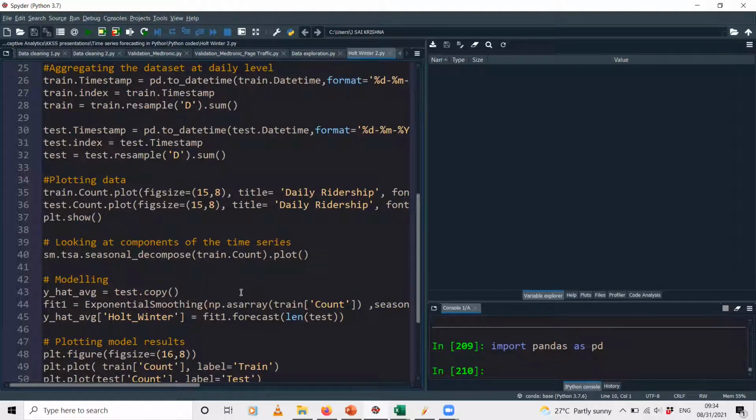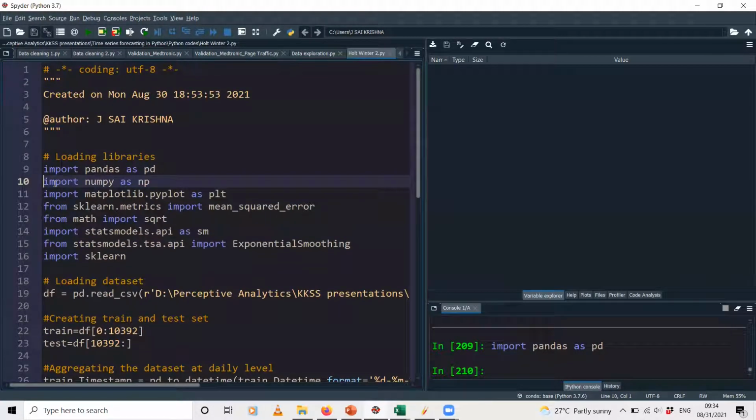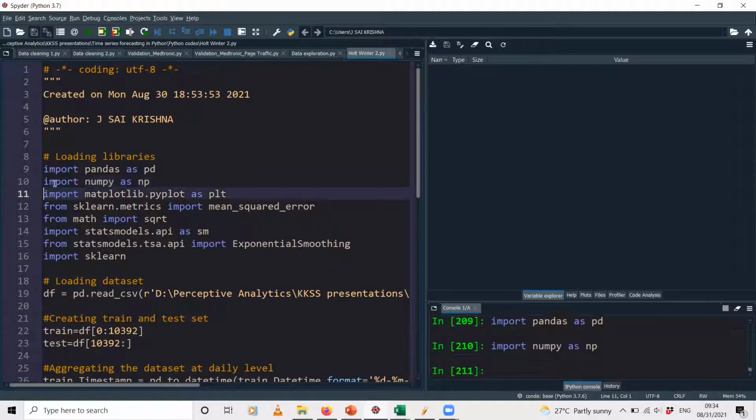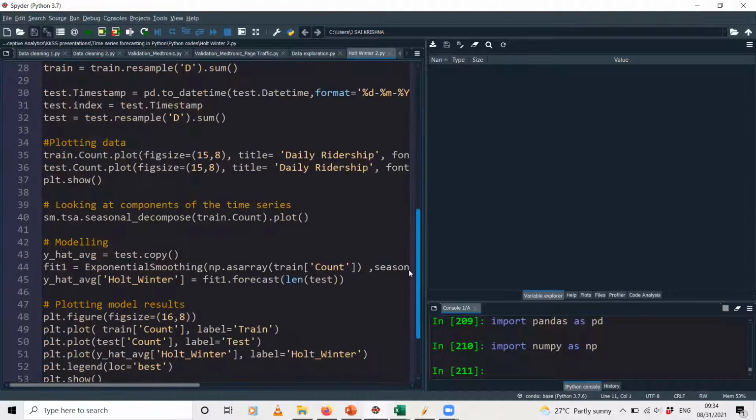So for inputting the data into this exponential smoothing model, we need to transform the data set into an array data type. That array data type is available in the NumPy package. So this is the second package, or second library, that we'll be importing. Okay. And then I told you that we'll be doing certain descriptives on the data, right?